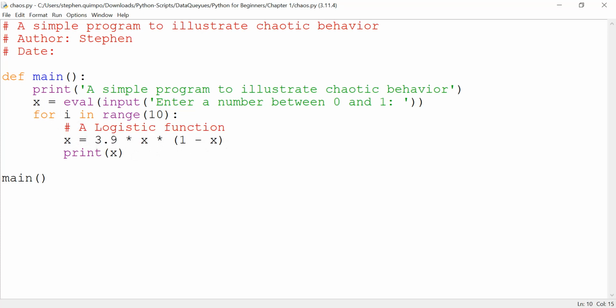3.9 times whatever x was over there, multiplied by 1 minus x. So we first do this calculation over here on the right hand side, then it gets assigned to the value of x. So x is going to have a new value, and then we print that value of x to